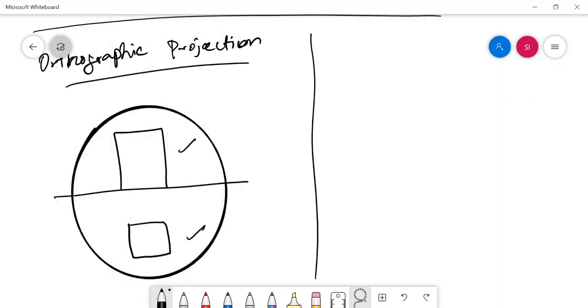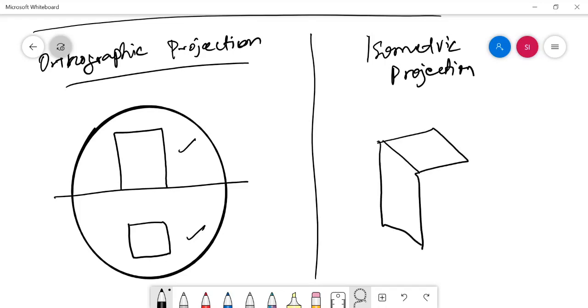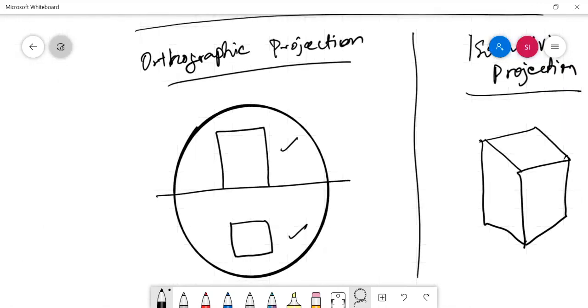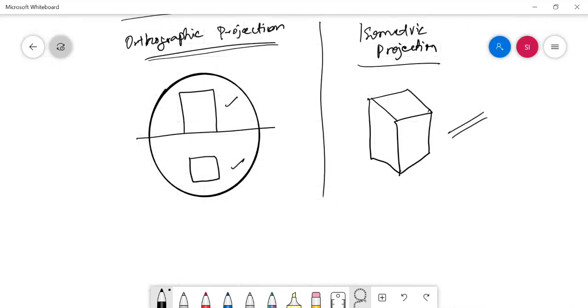In the case of isometric projection, the square prism can be drawn like that. So in this single view, we express the square prism. It's a single view methodology, but in the case of orthographic projection, we need multiple views. The advantage of isometric projection over orthographic projection is that the object can be easily understood by persons who do not have much graphical knowledge.